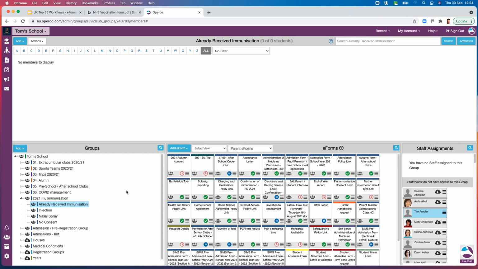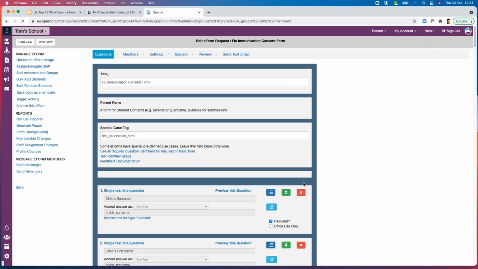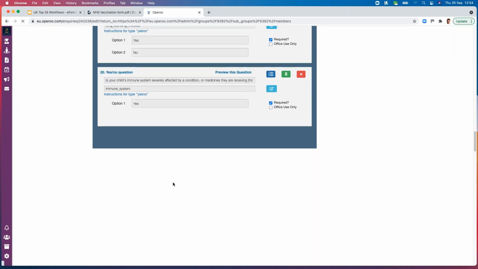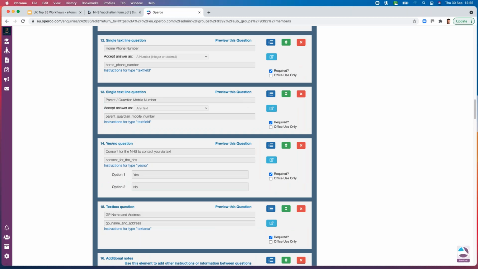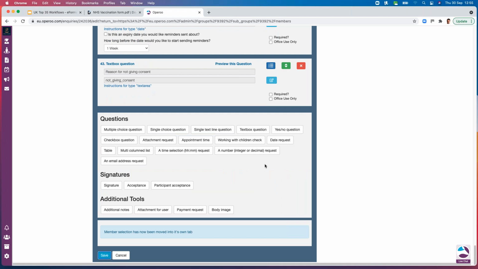Now, let's go back to our original vaccination form and pull all of this together. Let's find our form again. There we go, our flu immunisation consent form. Okay, I'm happy with all of our questions and our setup in here. I'll come down to the bottom of our form. Let's give it a second. There we go. I'll come down to the bottom of our form and move on to the next stage,